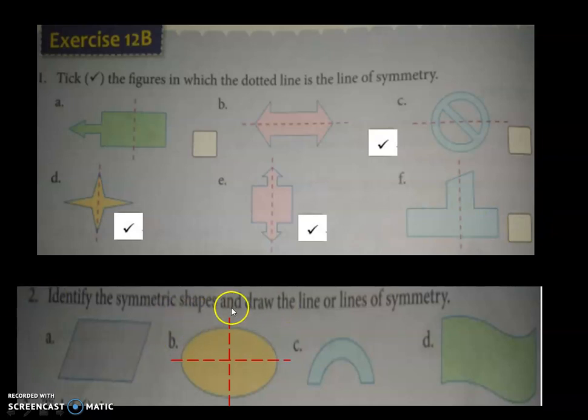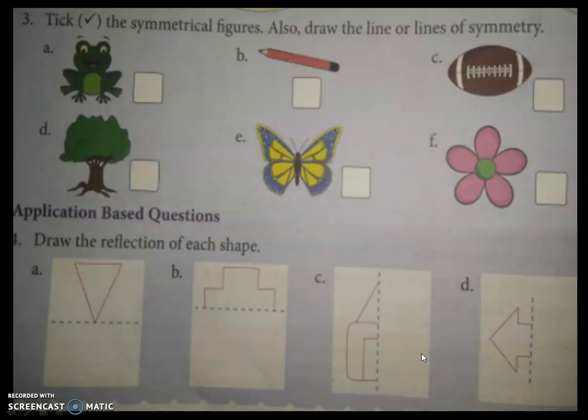And here they are asking you to put the line of symmetry. So I am putting here two lines of symmetry, and here for this only one. Okay, that's it. And next, for the shapes, they are asking to put a line or lines of symmetry. Here I will get only one line of symmetry. Yes, then tick mark. Here this way, yes, tick mark. Here this way as well as this way, tick mark.